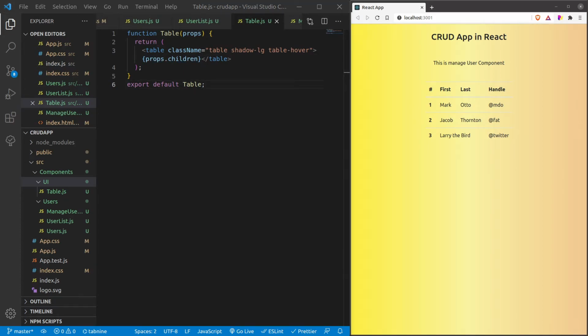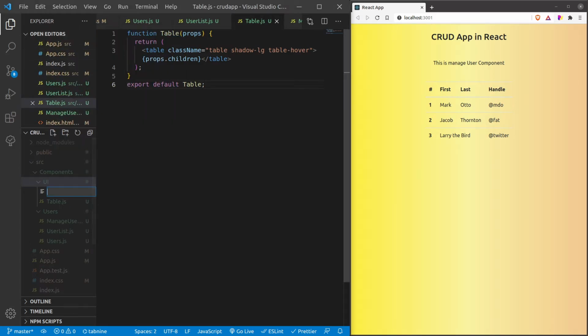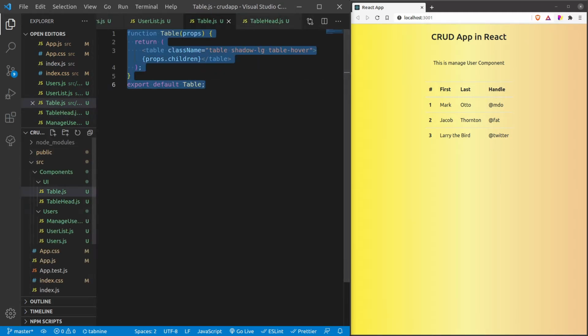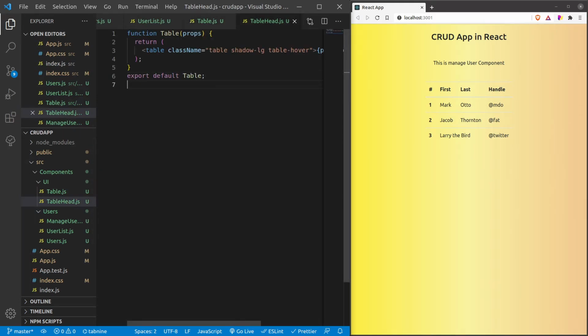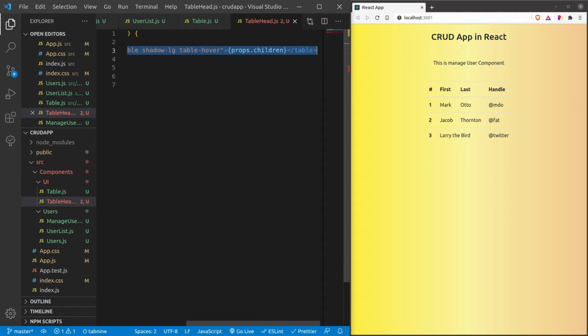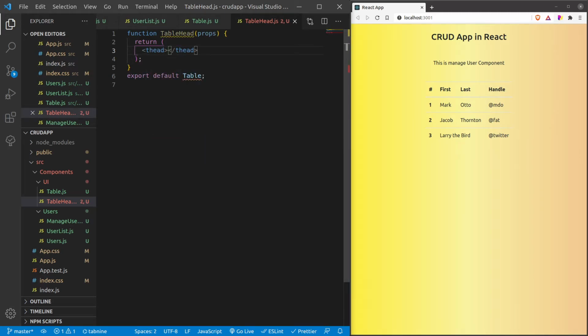So now let's create a header component. Let me create a new file, tablehead.js, and let me copy this code and then paste it over here and rename it to table head. All right, and instead of table I am going to return table head. It is a normal HTML tag, and here in table row, oops, sorry, not table data.